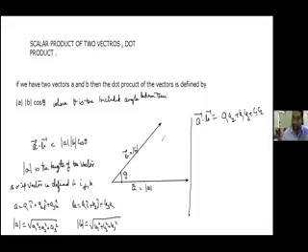So you see what all will you get? This i will have a dot only with this i, remaining all will give 0. j will have dot only with this, remaining all will be 0. And k will have dot only with this, remaining will be 0. So I'll have a1 b1 plus a2 b2 plus a3 b3. Do you agree?